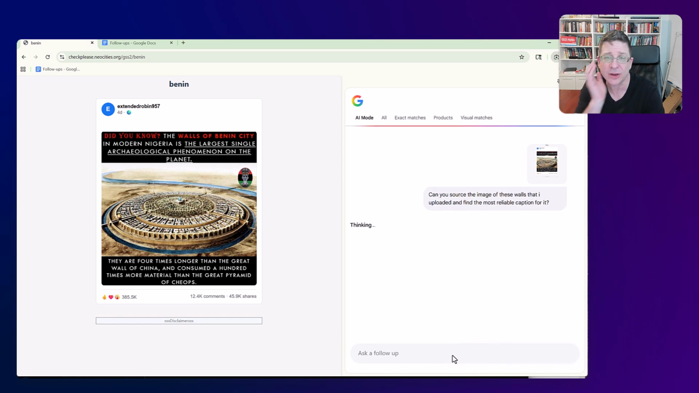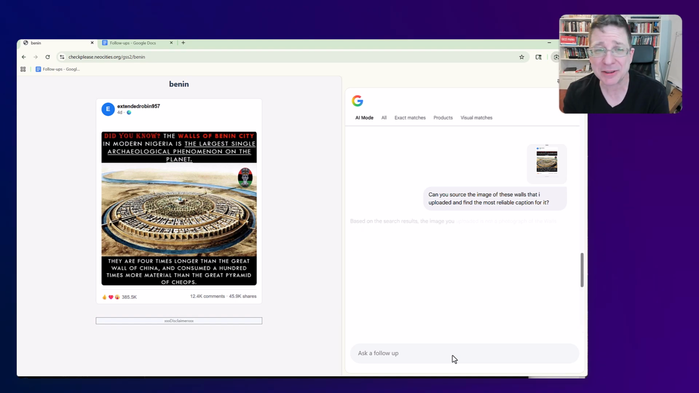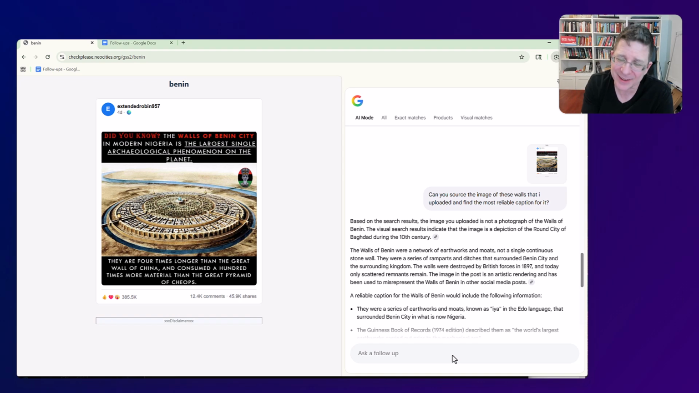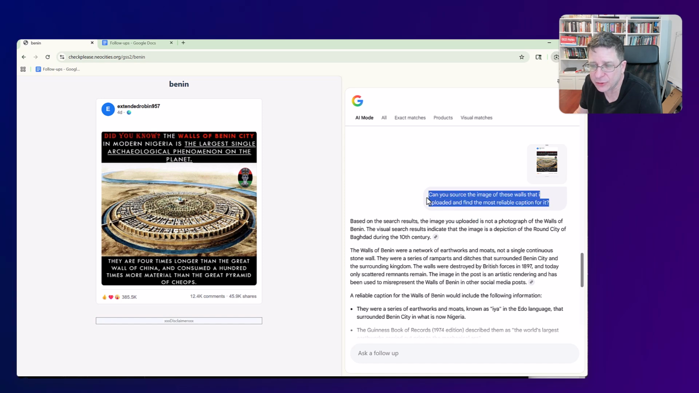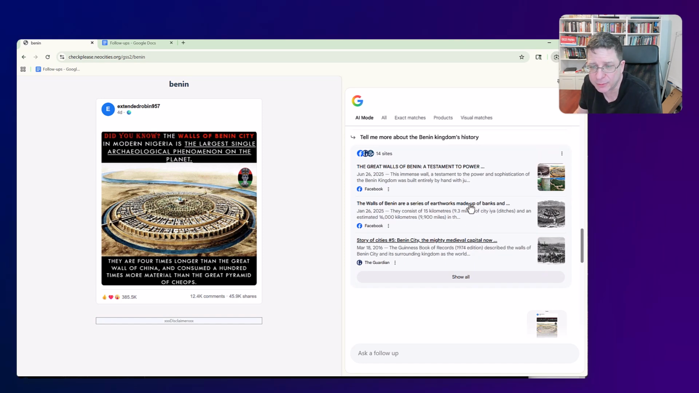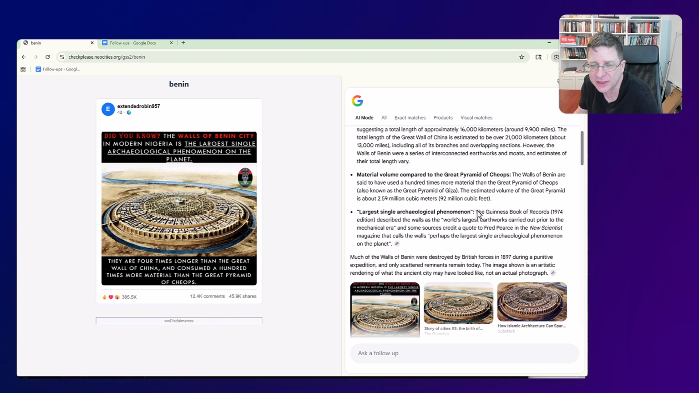Again, this is so weird doing this. I worked with search for so long, and search gives you these reliable results, so you can do a demo and you're not surprised. Here, sometimes it works, sometimes it doesn't. It's a different world. So when I say, can you source the image of these walls that I uploaded and find the most reliable caption for it? Now, remember, up here, it said nothing